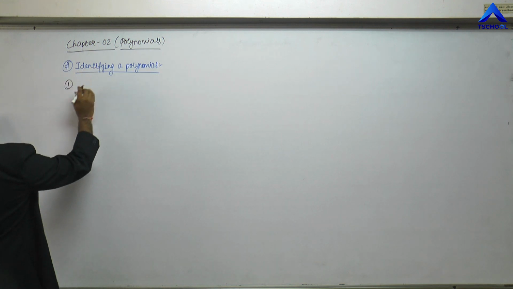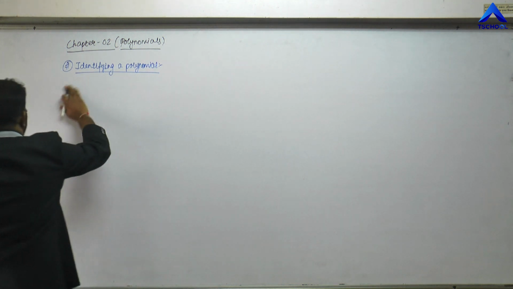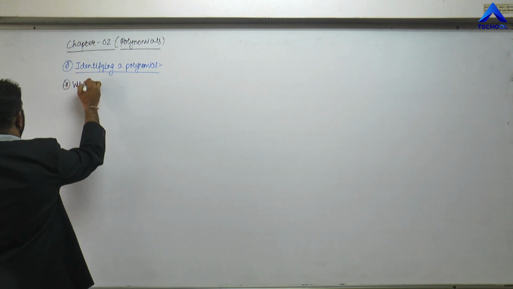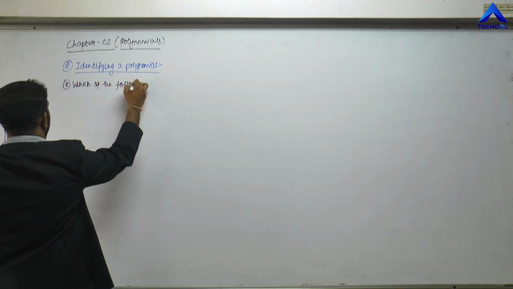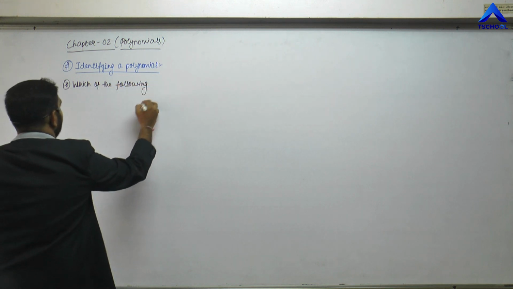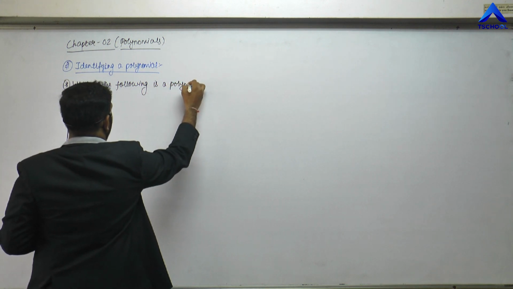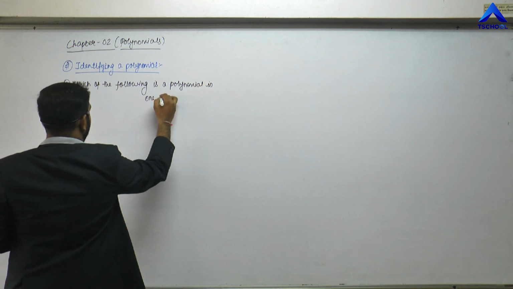So identifying the polynomial, the question that may be asked here is: which of the following is a polynomial in one variable,